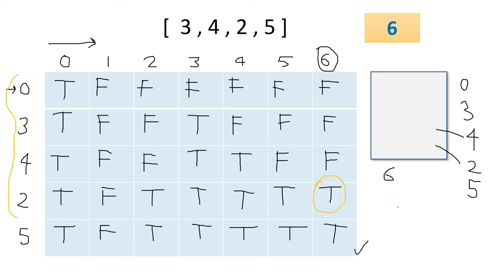Why tabulation is required here: you can take any example. Suppose you divide from here to here. That means we have to form the weight 3 using 0, 3, 4. Is it possible? Yeah, it is true. Any corner you can check. Suppose this corner, the meaning is we have to form the weight 4 using 0, 3, 4, 2. It is true, means possible. But here, this corner means we have to form the weight 2 using 0, 3, 4. That is not possible. So this is the way we have to calculate. Next we will see the programming.